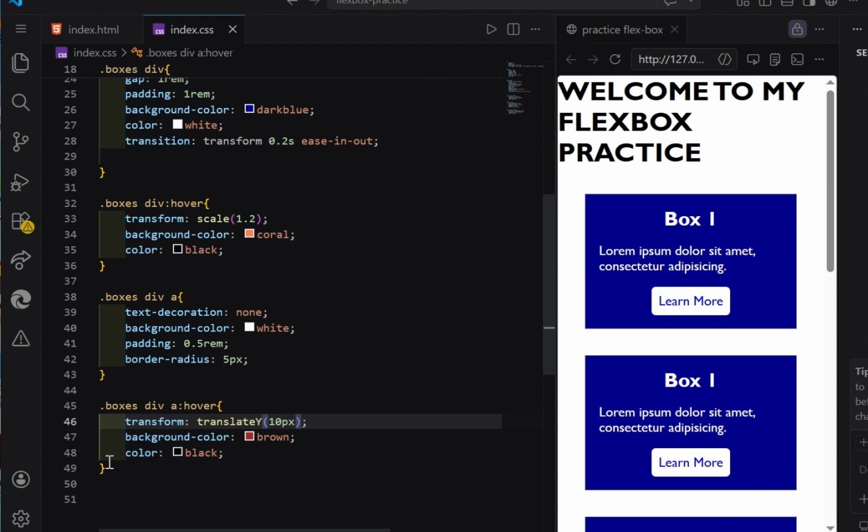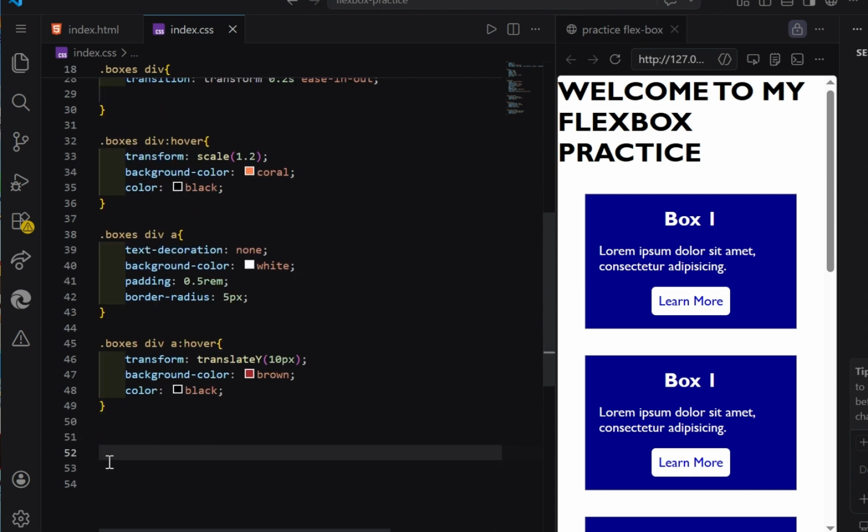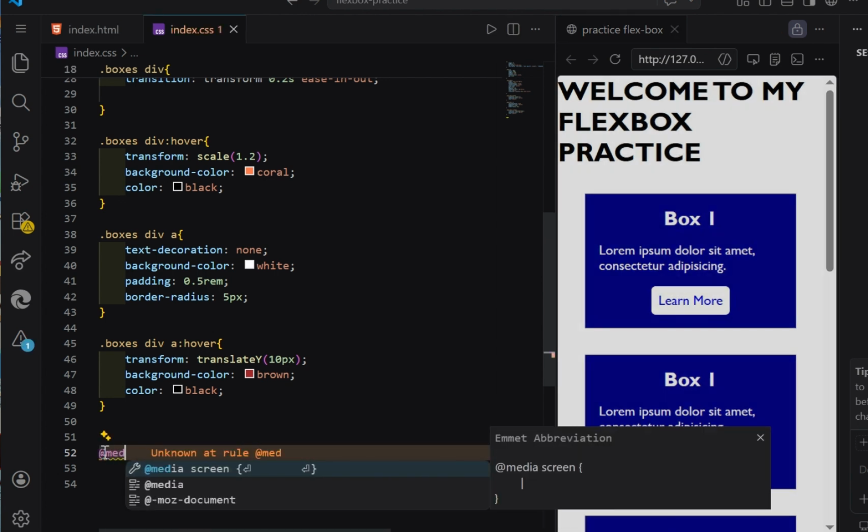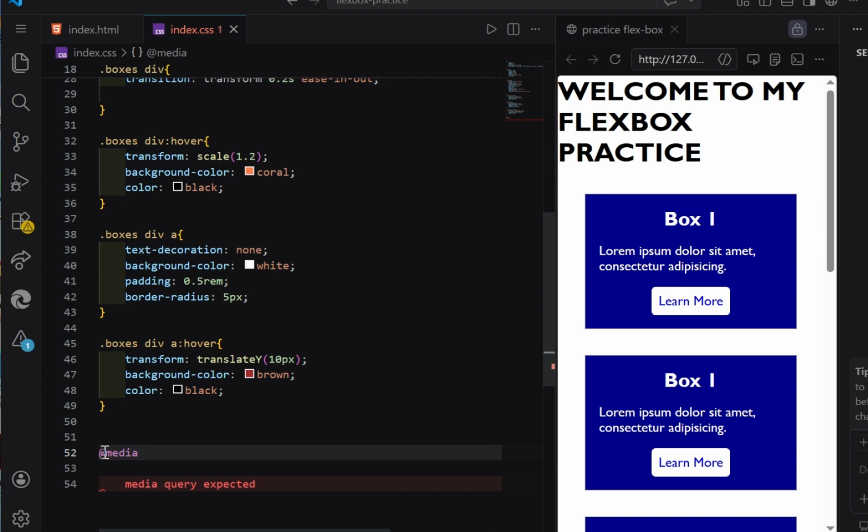Okay, if this is a mobile, this is how it's going to appear on a mobile phone. But let's try doing this to fit in tablets and also a laptop. So we are going to use media query for this. Okay. Let's use media query. Okay, and we are going to